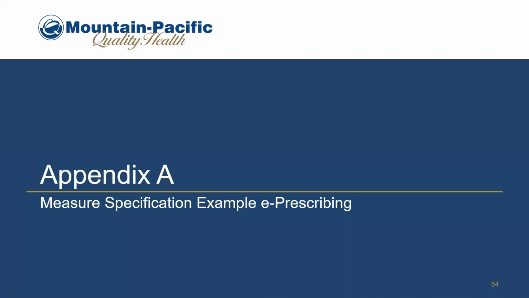And finally, what we have today is we have two appendixes, as Sarah mentioned earlier. One of those walks through what an actual specification sheet looks like. And the other one talks a little bit more about the exceptions if you take the exception from the PI category completely. So that is the end of our presentation today.